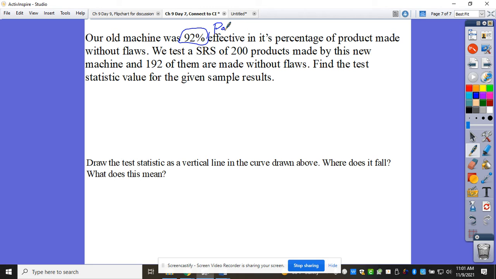We test a simple random sample. Well, that's helpful. 200 is my what? And 192 of them are made without flaws, so that's my number of successes. So I'm using my n and my number of successes to get my what? So p hat is 192 over 200, which gives me